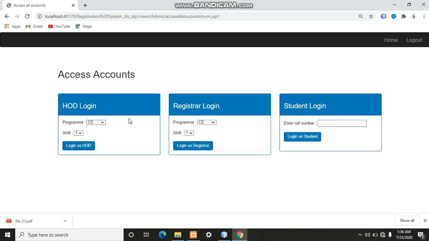The first panel is showing the HOD login, the second panel is showing the registrar login, and the next panel is showing the student login. In HOD login, admin can select any program, any shift, and can log in as HOD. After login as HOD, admin directly enters the HOD login page of any department, similar to registrar login.